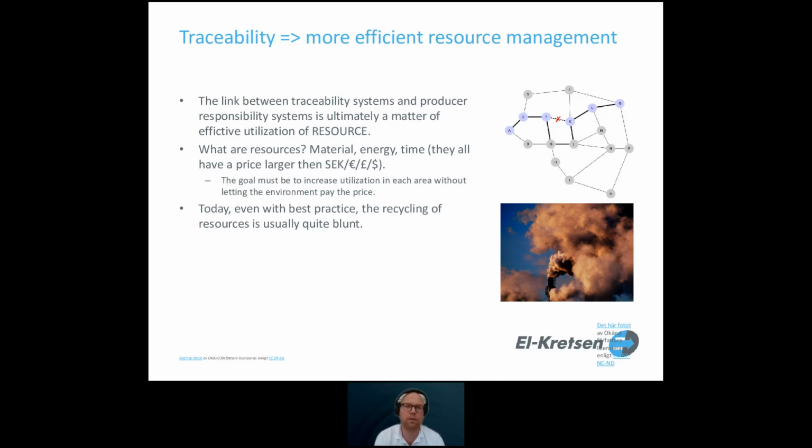Andreas was talking about that. We are handling the tip of the iceberg when we are taking care of the resources in the end. And we also have to discuss the resources put in the beginning, but also the resources and the energy that we have to put in the end to take back the resources from the products. And of course the time. And the time is also important because